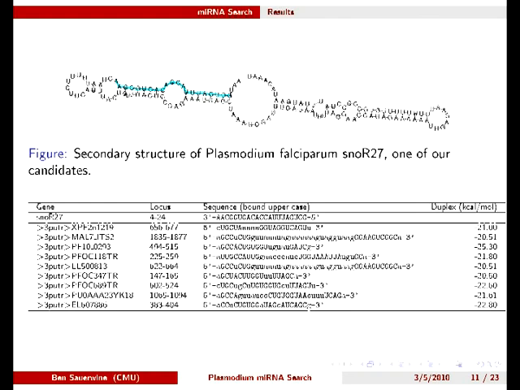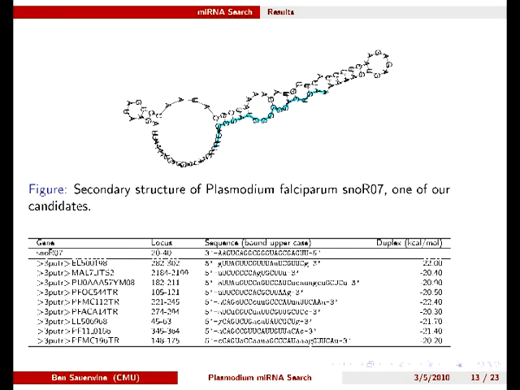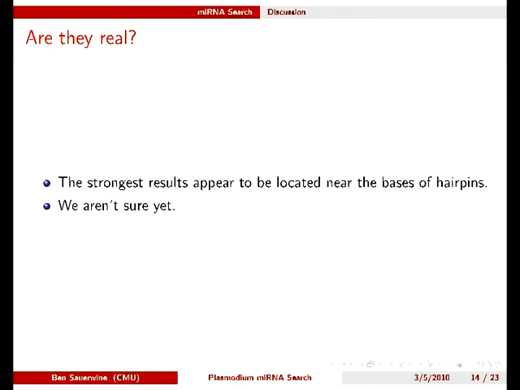We were happy to see that our results tended to be near the base of hairpins in the snoRNA, which would be the likely location if a Dicer or Dicer-like protein were to trim the hairpin. Highlighted on this first slide is a target on a cytoadherence protein, which is exactly the type of target affecting virulence we would like to see. On each of these slides, our putative microRNA is highlighted in blue on the figure. The results of this are some interesting hits, but we have nothing conclusive yet.